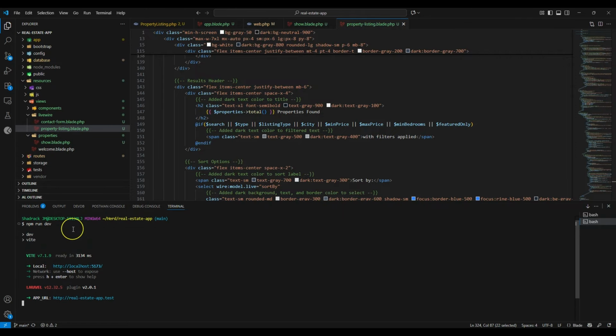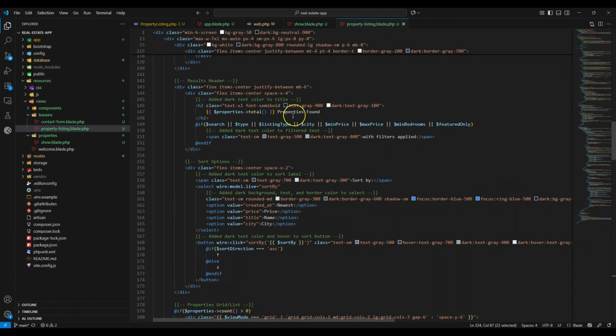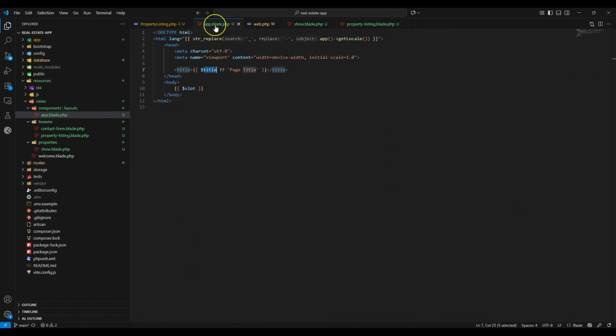So it will compile the JavaScript and CSS, and after that we should be able to see the compiled version of our system. But that is not going to happen, because here we need to reference it in our layout. So how are we going to reference it? Basically, because